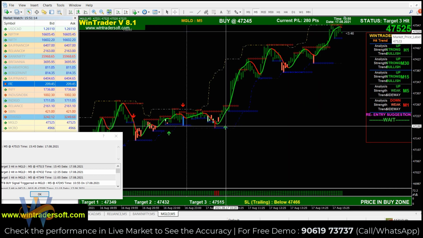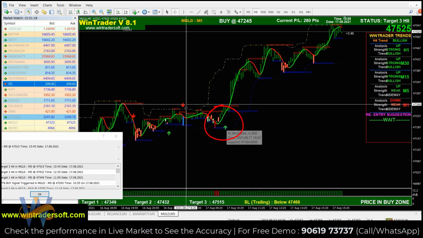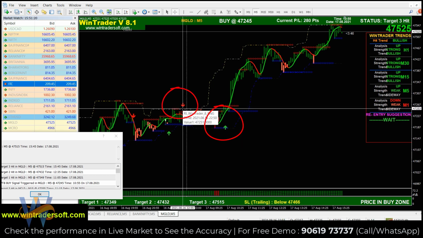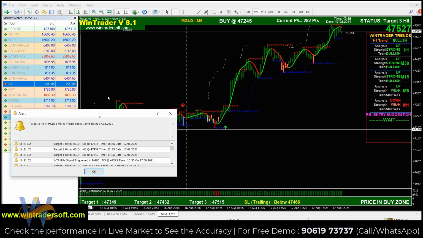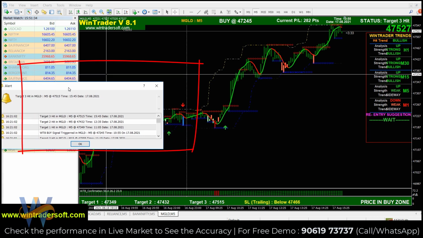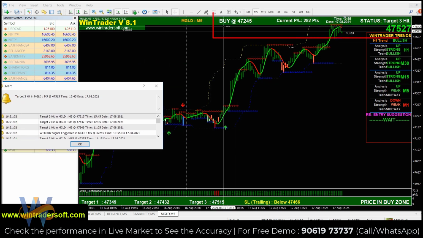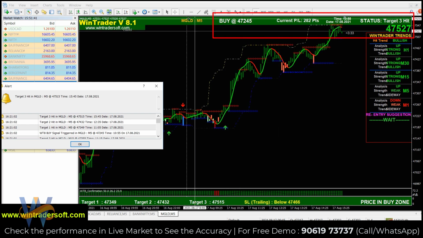In this version you can see there is a green up arrow, that is a buy signal, and a red down arrow is a sell signal. So these are the automatic signals. That means whenever the software generates a buy or sell signal, at the same time the software gives us an alert message with a sound effect. Means if any new signal is active, the software gives an alert message. A pop-up message will display on your screen with the sound effect. At the same time, you can see the details on the dashboard above also.